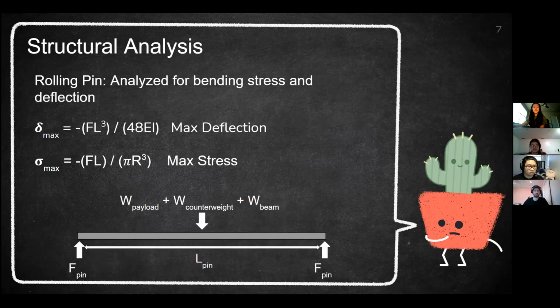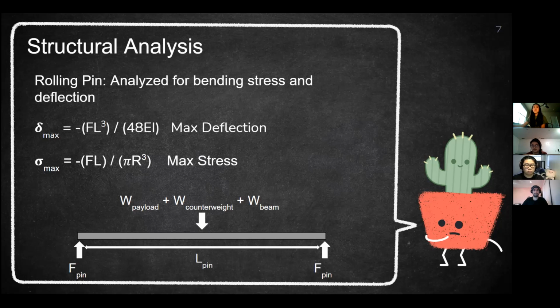For the analysis of the rolling pin, we use the max yield stress of the material with a given safety factor in order to size the radius of the pin. Then using the elastic modulus, we can find the max deflection of the beam to see if it falls within our predefined range. For these calculations, we use the beam bending equation with supports on both ends and a single